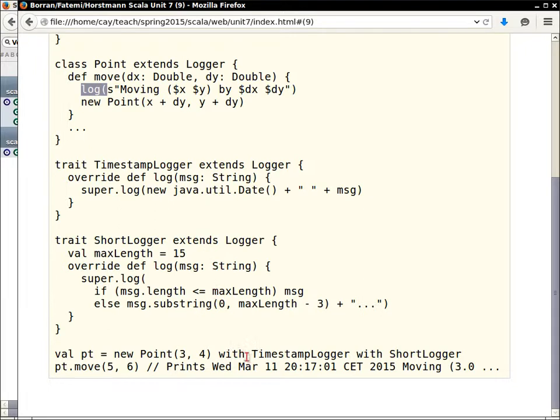What logger do we have? We have a timestamp logger with short logger, and it goes right to left. So the short logger happens first, and it truncates this thing to 15 characters. And then it gets passed into the timestamp logger that adds on the timestamp. So you have this layering effect, and it's completely dynamic, that when you define these individual traits, you say super,